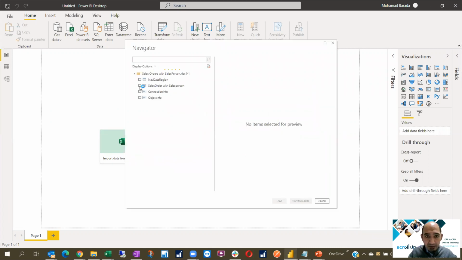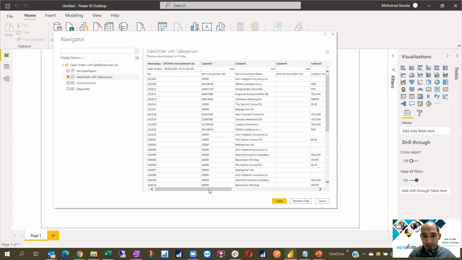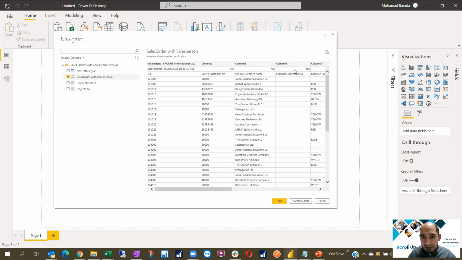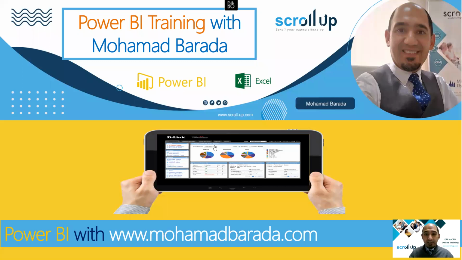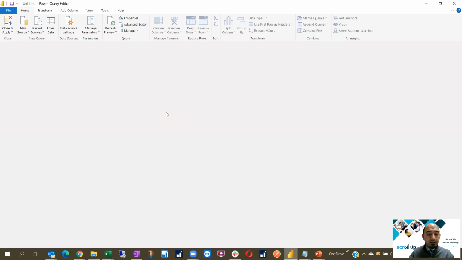You see here I have the salesperson sheets. This is because it is brought from Dynamics ERP, but I have all my data. I have this line that I would like to remove, so I click on transform data to make sure that